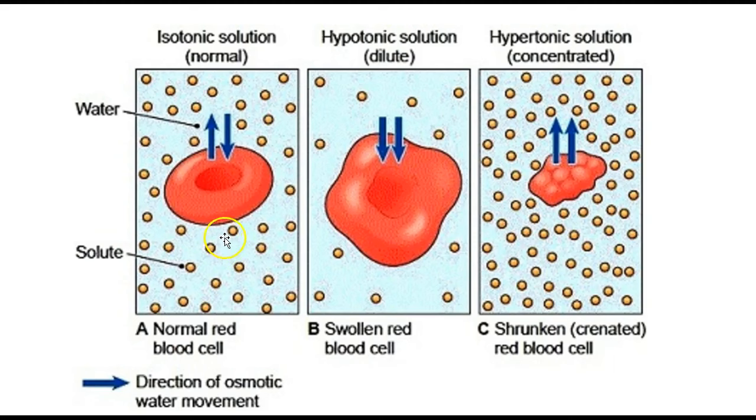So given the idea of how this happens, if this cell has a membrane that's semi-permeable to some stuff, you'll see here that the cell maintains its normal size and shape because for every relative amount of water that leaves, the same relative amount comes back, and that's called isotonic. Now if we look at something called a hypotonic solution, of course hypo meaning less and tonic meaning solution,